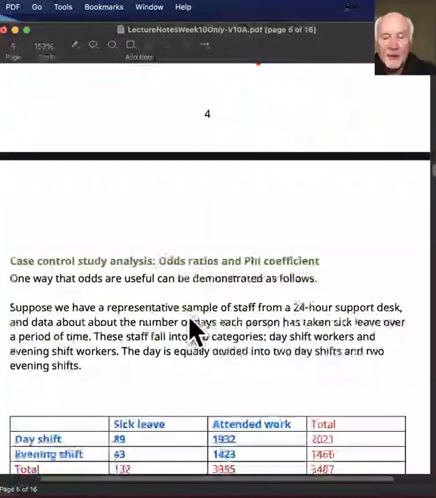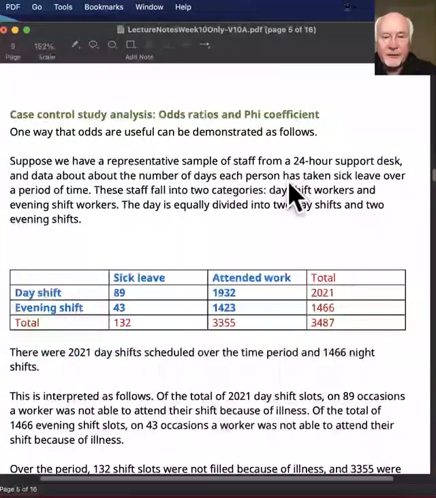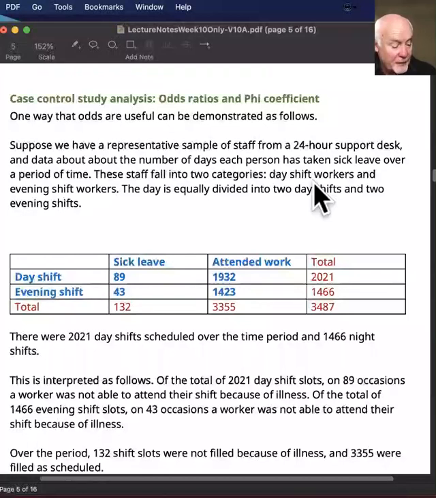Let's move on. What we're going to look at now is a particular type of study. In medical contexts, these are called case control studies. You will sometimes find that term used in management research. Sometimes they don't give it a special name. It's just an observational study